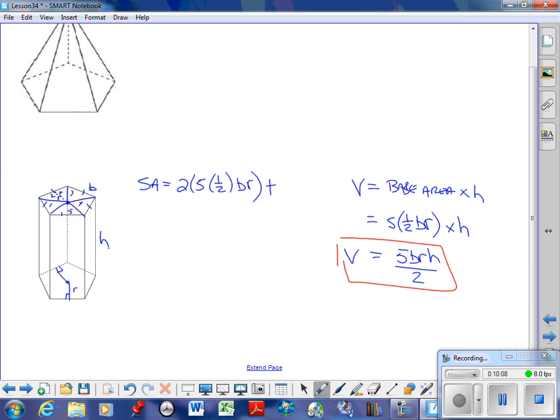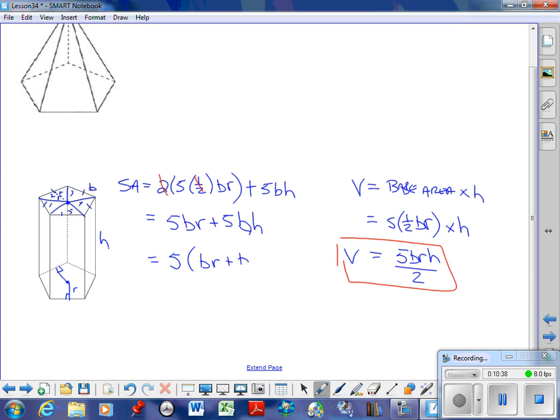Plus, now when we're looking at this next, our sides are just rectangles. And there are 5 rectangles, so it'd be 5 multiplied by BH. Just cleaning that up, the 2 and the 1/2 end up canceling. So it's equal to 5BR plus 5BH. Or just take the 5 out and have BR plus BH. Doesn't matter which one you prefer. So there's your surface area